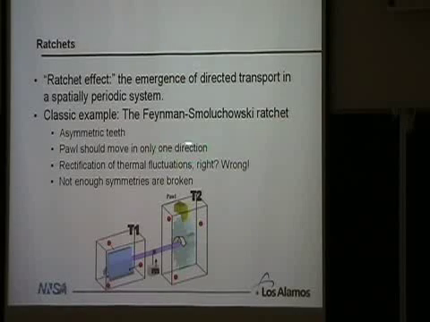And the way that this was originally proposed by Feynman, the idea was that if you had thermal fluctuations, you might be able to get the pawl to kind of thermally fluctuate off one of the teeth, and then the whole disk here would rotate by one tooth, and the pawl would re-engage. And so the idea is you could actually rectify thermal fluctuations. And so it seems like perpetuum mobile. The problem with this is, no, that doesn't actually work. And the reason is you don't break enough symmetry in the system. You've broken a spatial symmetry here, but you did not break time reversal symmetry.